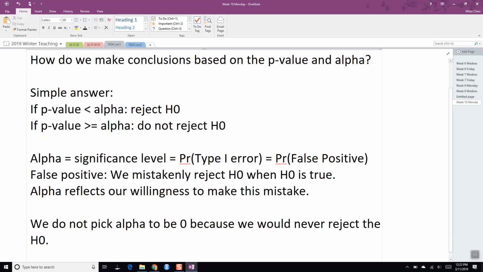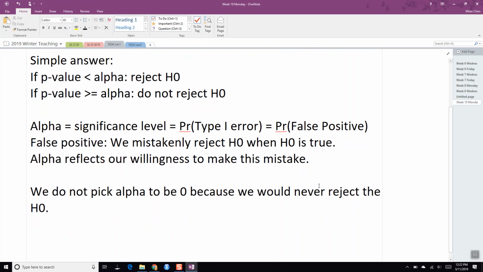Okay? We will never commit a type 1 error, but we'll never reject the null hypothesis. And then what's the point of doing a test in the first place, right? I could just tell you your answer, and that's going to be, you're not going to reject the null hypothesis, right? So like here,